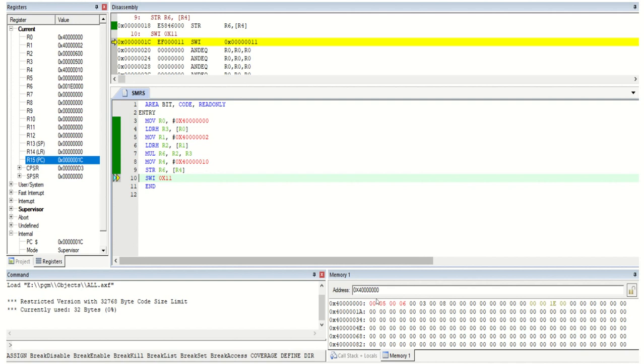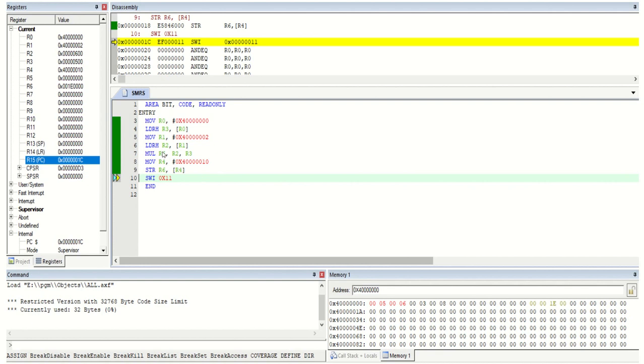Now I consider 2 16-bit numbers in memory, and I loaded those numbers into registers by using the load instruction. Both numbers I loaded inside the registers, then I multiplied and I got the answer in the destination register, that is R6. Once we got that number in R6, either you can keep it as it is in the register or you can store it back into memory, storing from register to memory.